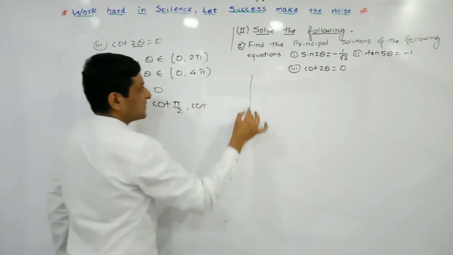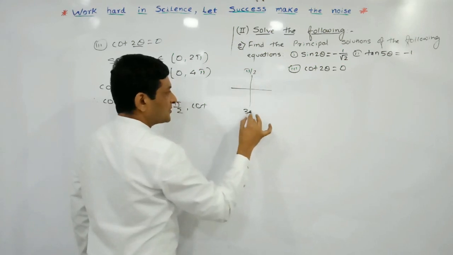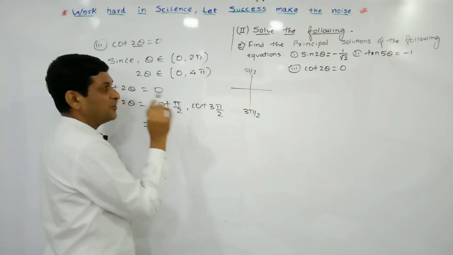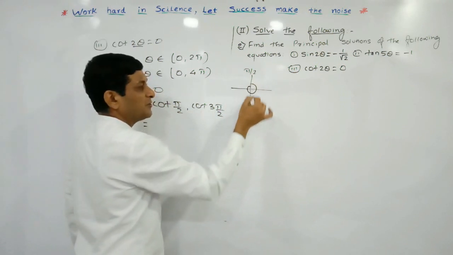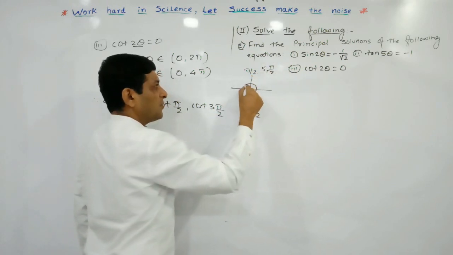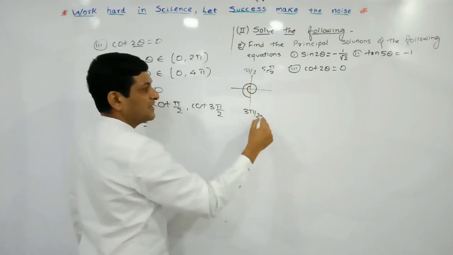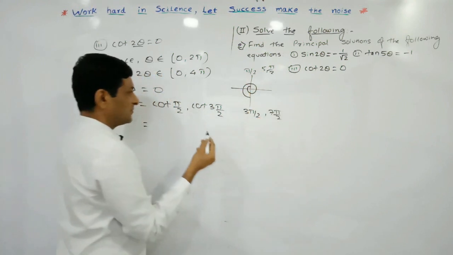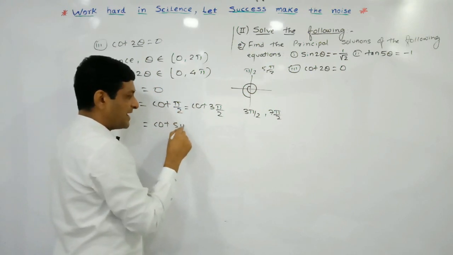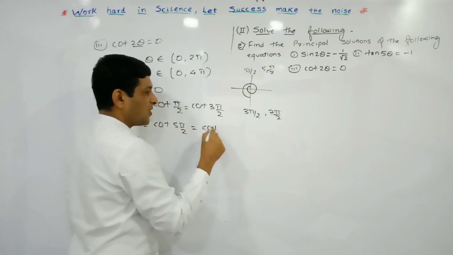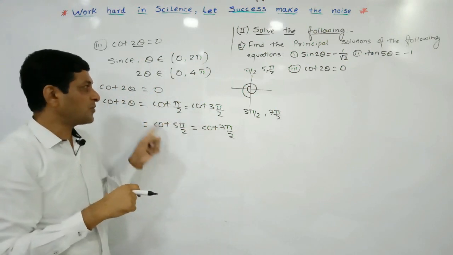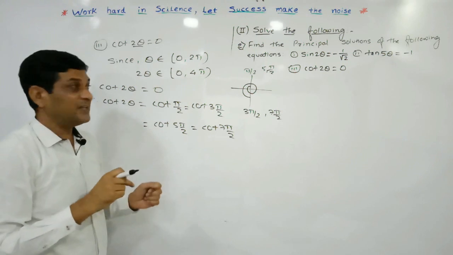Again cot pi by 2. Again cot 3 pi by 2. Cot 3 pi by 2 is again the value 0. After 3 pi by 2, what do we get? Phi u pi by 2, then again plus pi will become 7 pi by 2. So cot 5 pi by 2 equals cot 7 pi by 2. At this many points we are getting the value of cot theta equal to 0.